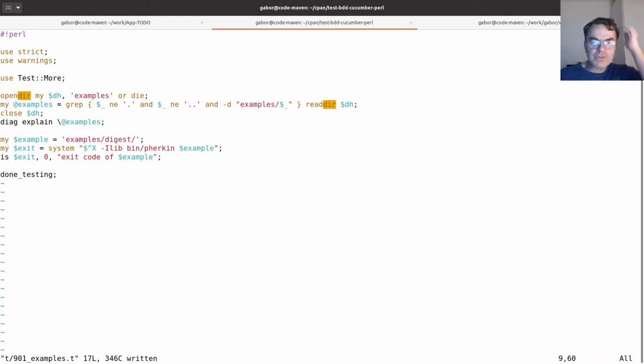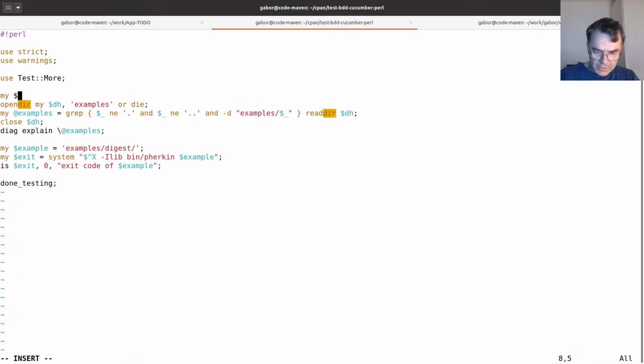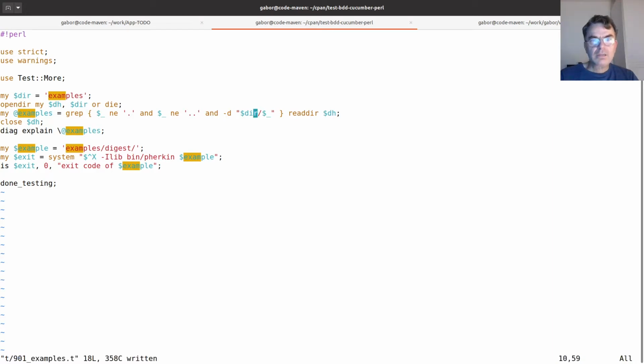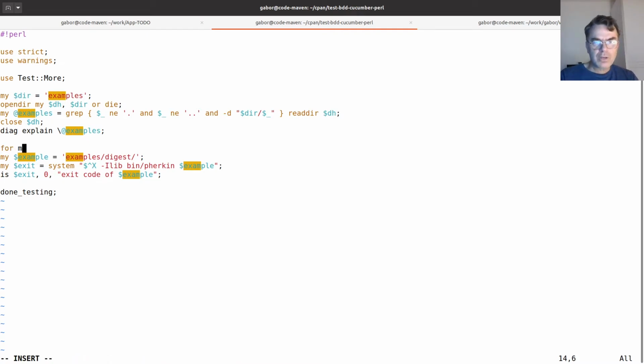I put $dir here instead of the examples directory. And the dir is going to be this one. So dir is going to be this one. Examples. And then now I'm going to replace this dir and examples. Where is this? Dir and yes, and here, and then I can go over this for my